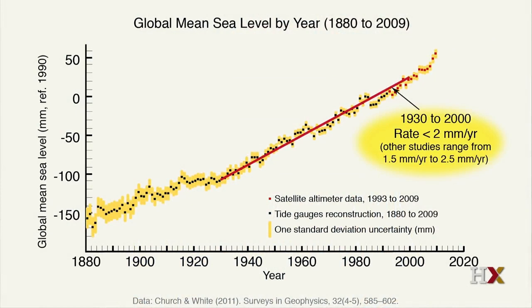It's not completely smooth. There's some times when sea level rose faster for a few years and then slowed down for a few years, but in general it's a pretty linear trend since 1930. If you look, however, at the most recent data, just over the last 15 years or so, there appears to be a slight acceleration of sea level rise.